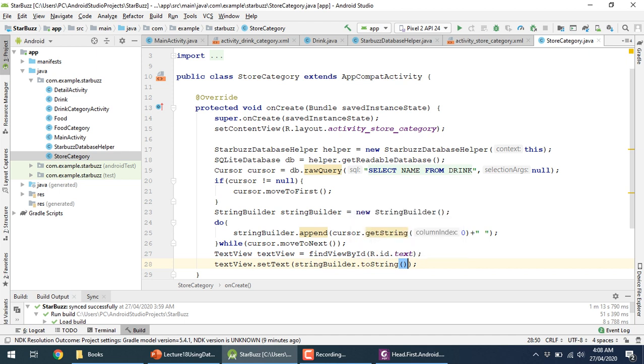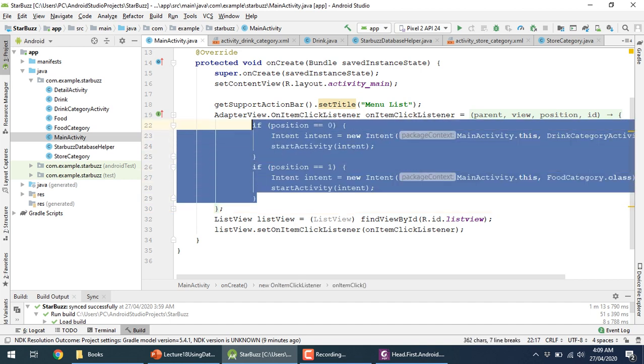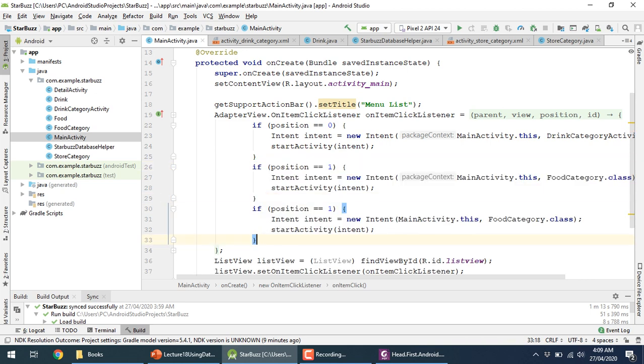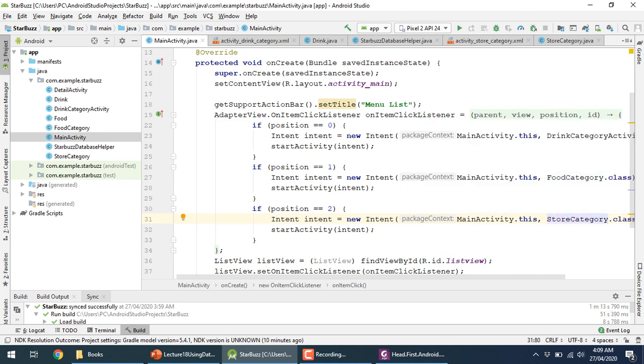Now we have the store category activity, and if you click the third option, the store category option, it must come to this category. So when the user clicks the third option, we will check, oh bingo, over here if you can see we are only providing two options. So I will also add another option over here. It will be option 2, and it is store category. Okay, now it will work fine. So I will run my application, then I will show you whether it is working or not. If we have any error, I will